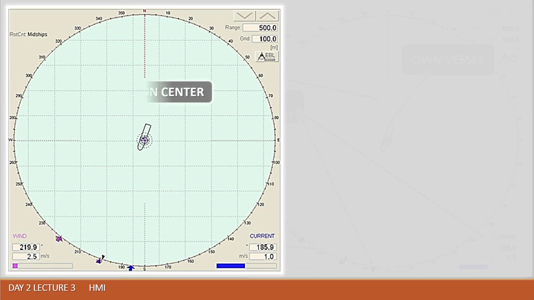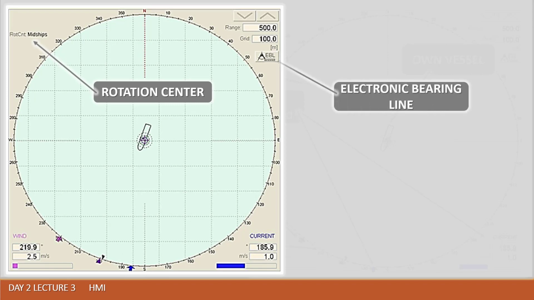A very useful tool which is available for us is the EBL instrument. That tool lets us make measurements from the present vessel's center of rotation towards any object displayed on the plotter, for example, a transponder from acquired position reference equipment.